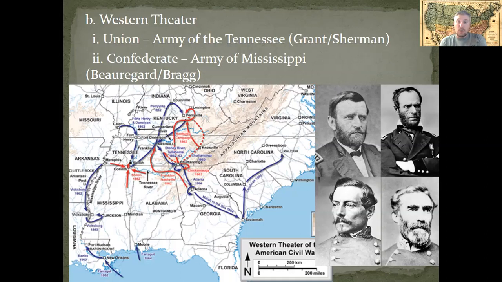First, it's led by General P.G.T. Beauregard. We've already seen him at Fort Sumter, the main Confederate general there. It was later commanded, this Army of Mississippi, by Braxton Bragg, B-R-A-G-G, and he will be removed from office after the disastrous Battle of Chattanooga. And you can see Chattanooga in the southeastern portion of Tennessee there,